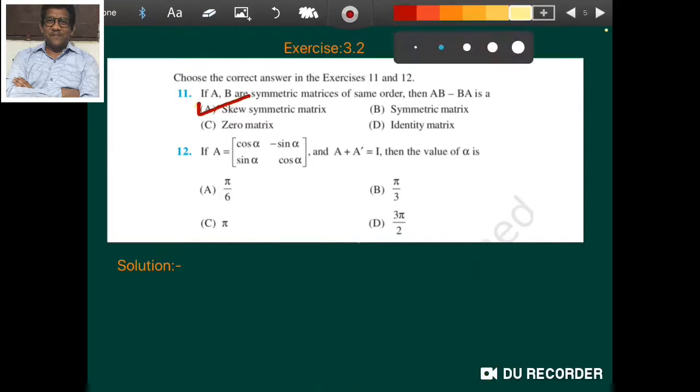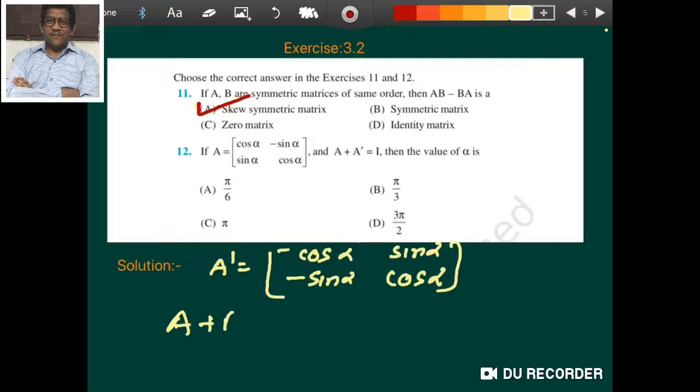Now in question number 12, a matrix A is given and it is given that A plus A dash is equal to I. Then we have to find the value of alpha. Now here A dash is equal to, we find A plus A dash is equal to, we get here